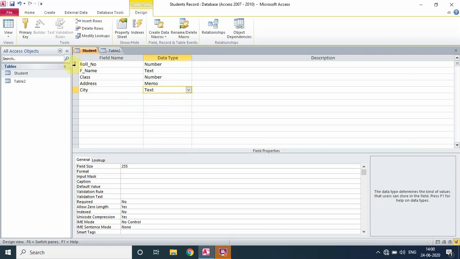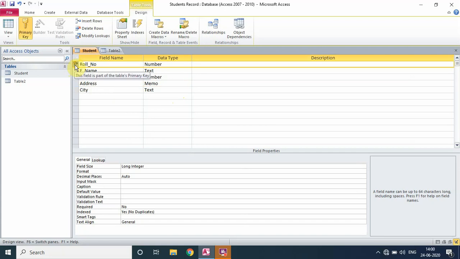Now I will be focusing here on the point of primary key. You can see that this roll number is taken as a primary key. As very well explained in the class, the primary key is the field that is used to maintain the uniqueness of your table. All other entries can have repeated values. There can be more students of the same class. Address can be same, city can be same, first name can be same. But roll number for each and every student whose record we are making in this table will be unique. Duplicate values will not be allowed, and you can't leave this roll number field empty.